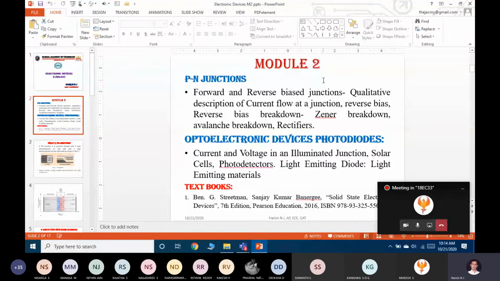If you provide biasing like this to a PN junction diode, what phenomena will happen inside the diode? Yeah, P is connected to positive, N is connected to negative. There is no doubt that it is a forward bias condition of a PN junction diode. I am asking, particularly, under which condition you are going to conclude that the diode has become forward biased. Okay, I will take one example.